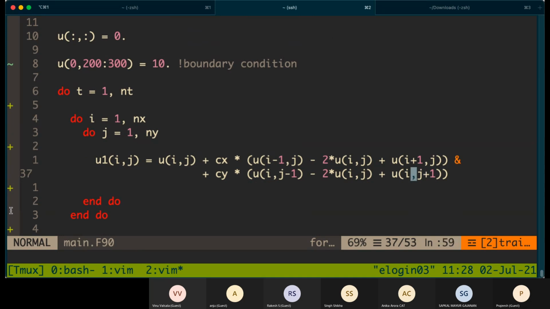And this happens in every processor. In every processor, at the edges of that particular domain, we need values from the neighboring processor. The values are provided by something called domain update.